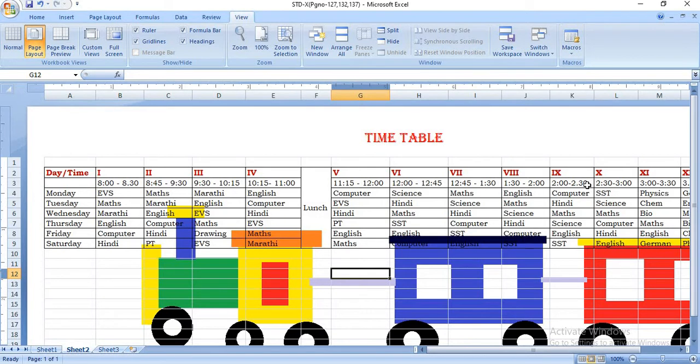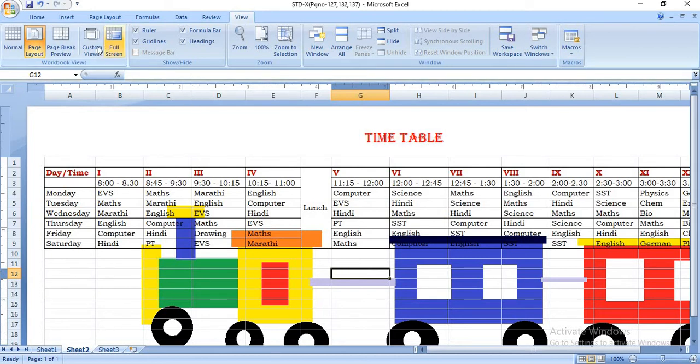Page layout view helps us see the exact image of the worksheet as it would appear when printed. This view is a good way to see where the page begins and ends, and also to see the header and footer in your document. This view is similar to print preview, but you can still edit the content in this view.